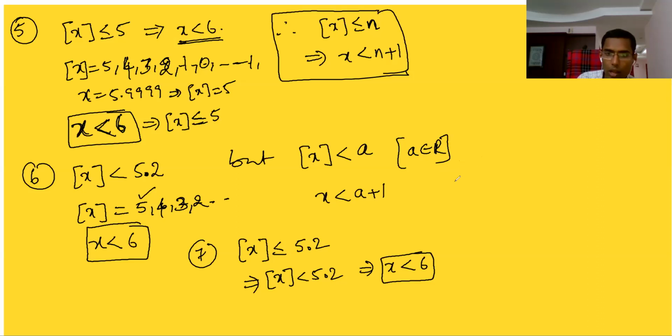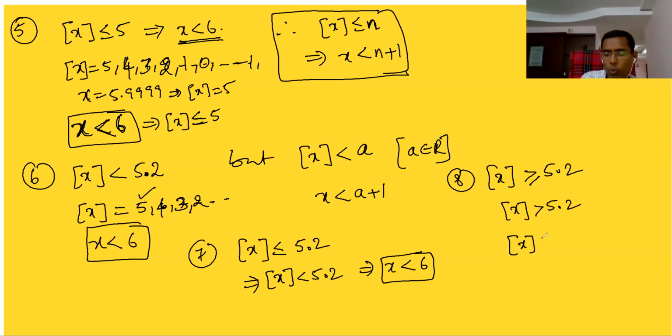Then whatever you have, let's say [x] is greater than or equal to 5.2. Greater than or equal to 5.2 means what? Equal to 5.2 is not possible. Therefore, greater than 5.2 is what you need to write. So [x] greater than 5.2 is 6, 7, 8, 9, and so on. So x becomes automatically what? x is greater than or equal to 6. So like that you can very easily conclude, very easily you can answer this kind of questions. Okay. So this is this, and then this is this.